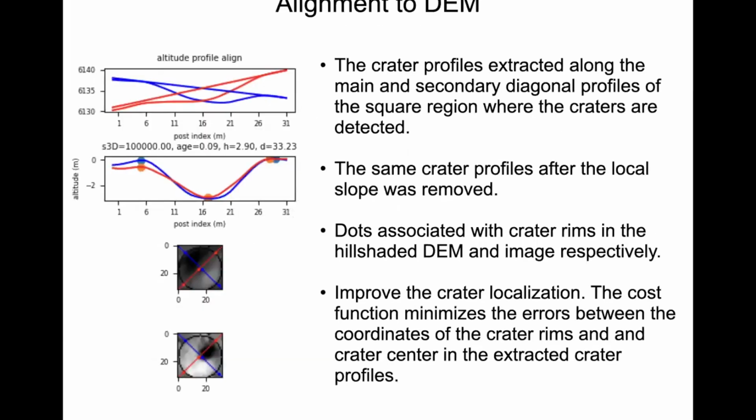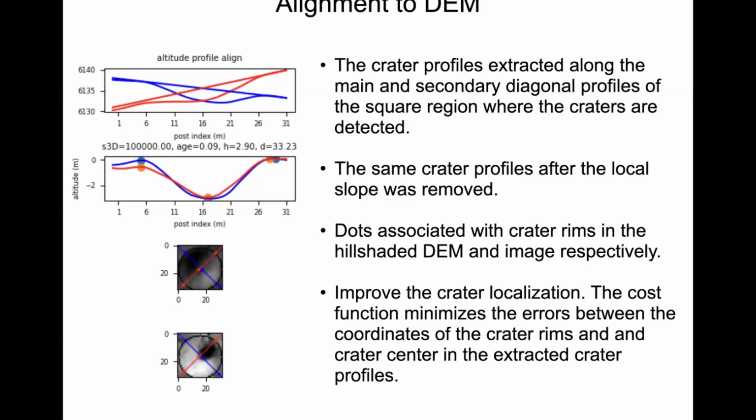We're moving now to the next stage, aligning with the DM. So far we have shown how we are able to detect craters in single images, and now we want to align these detections with the DM. This brings us two advantages: better positioning of the crater and better scale of the crater, and it also gives us statistics about the depth to diameter, finding the rims of the